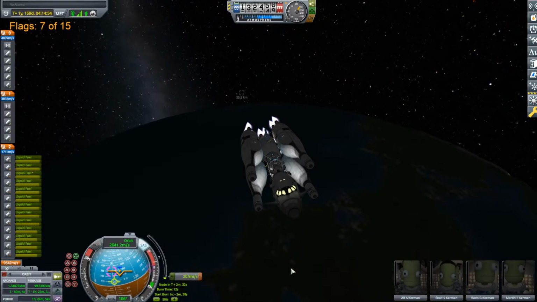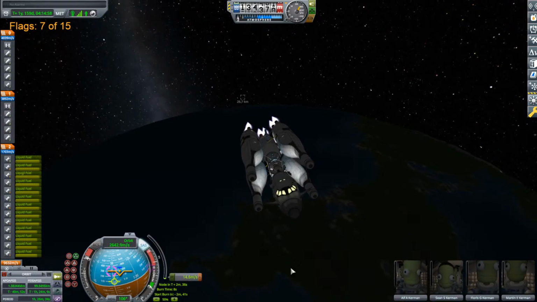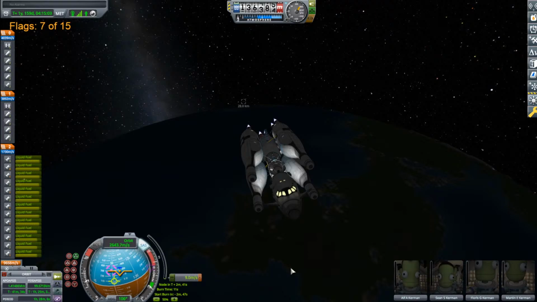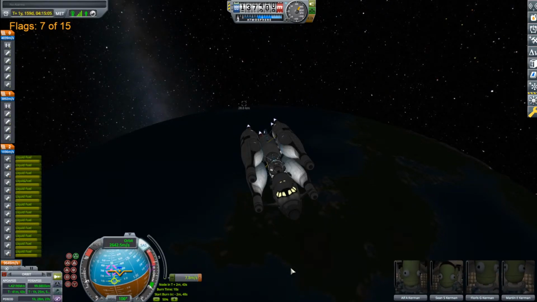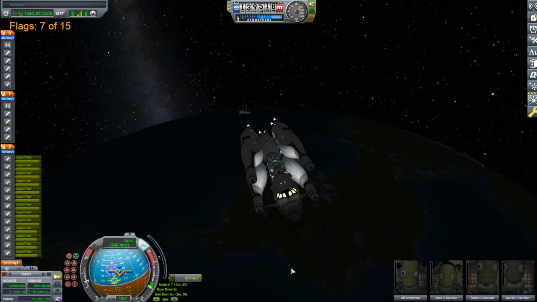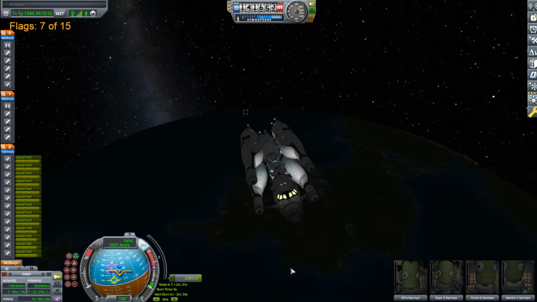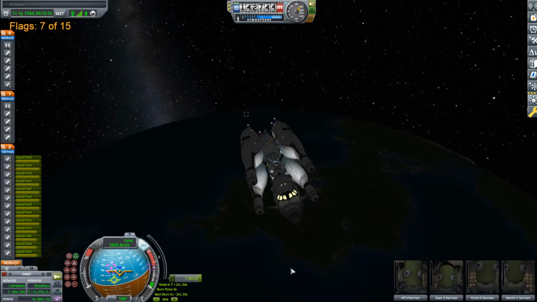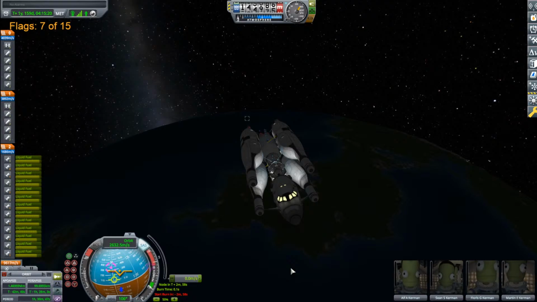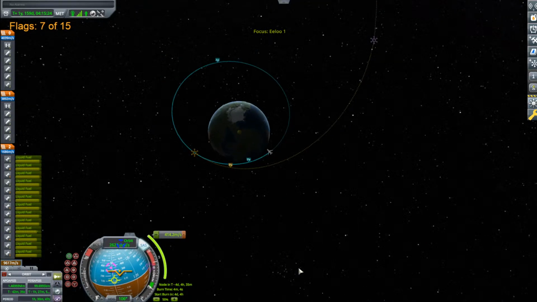Okay, we're coming towards the end. That's funny. I used to play this game and be really concerned about debris, and now I just don't care. Every once in a while I might delete debris in the tracking station, but with this particular playthrough, I've been like, whatever. Cut. Okay, there we go. So that's the first of 3 burns. Hopefully,